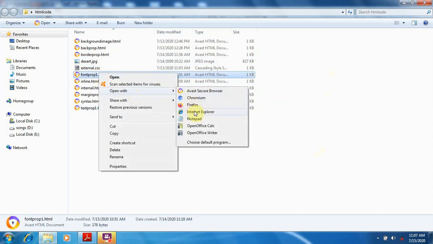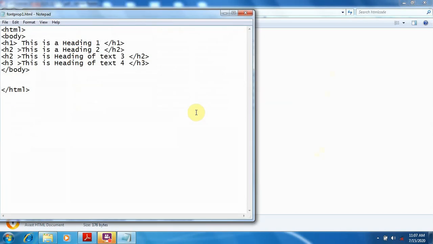I am opening this font properties. Now firstly we are applying in H1. I am writing style is equal to, then colon, then font family, then colon, takes any value.